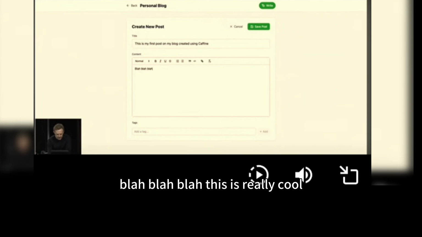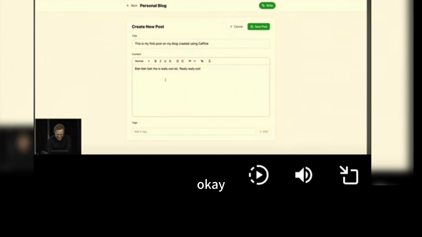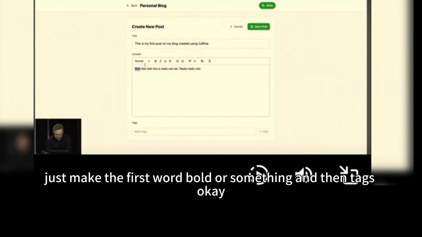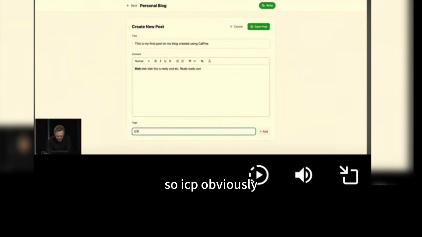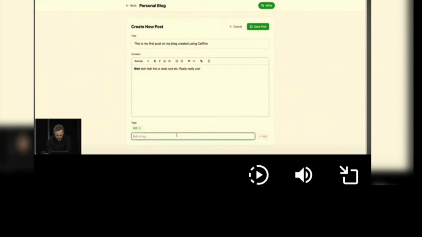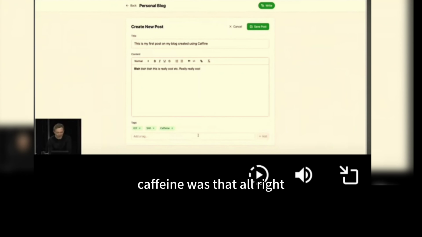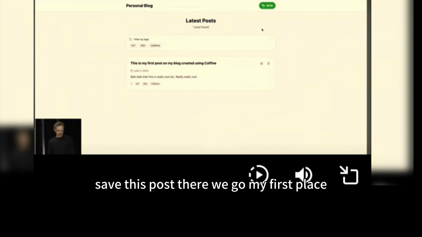This is really cool, etc. Okay. You can just make the first word bold or something. And then tags. Okay, so ICP, obviously. SWI, self-writing internet. Caffeine. All right. Save this post. There we go.